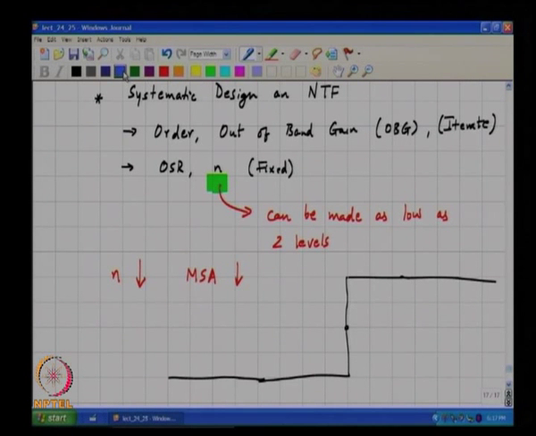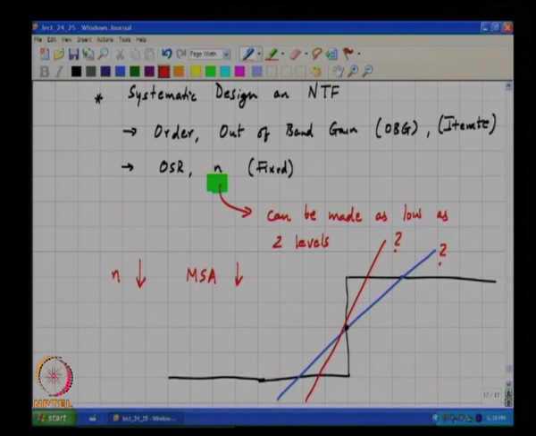So it is open to question whether the best straight line that approximates this is this or this or what, understand. So it is very difficult to define the gain of the quantizer, because the quantizer seems